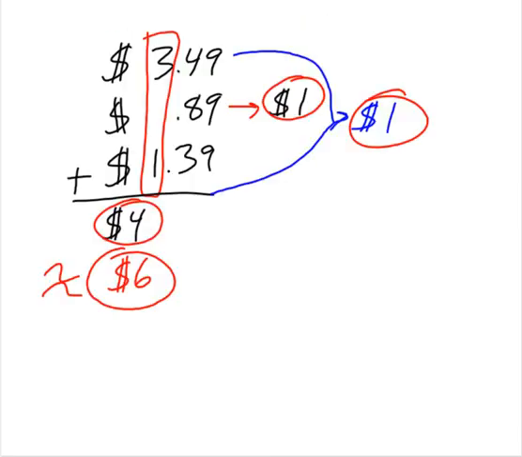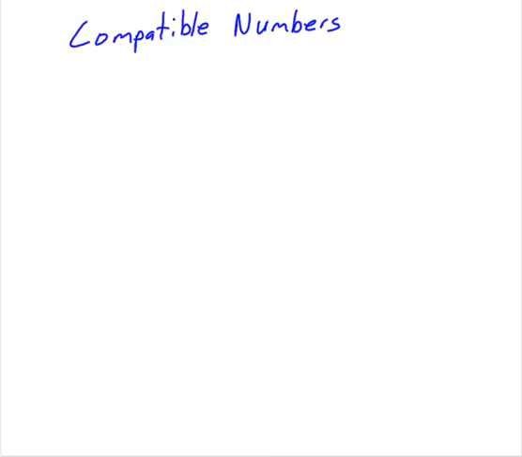All right, the last type of estimation is compatible numbers. This is helpful a lot when you're using division. Okay, so division. If I'm doing $50 and 25 cents, and I'm trying to divide that by